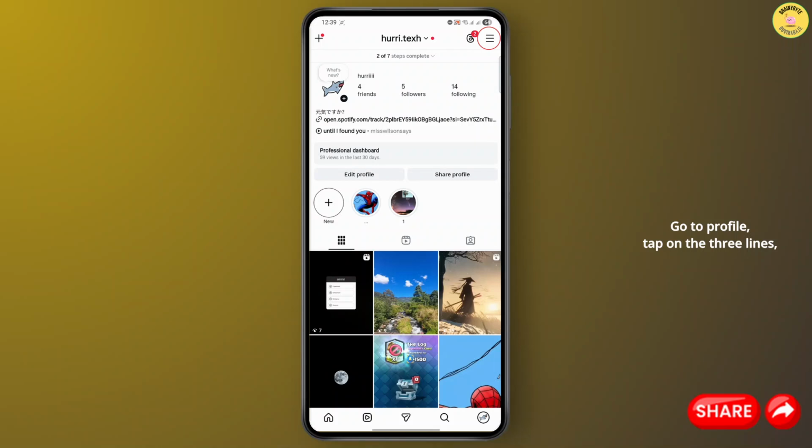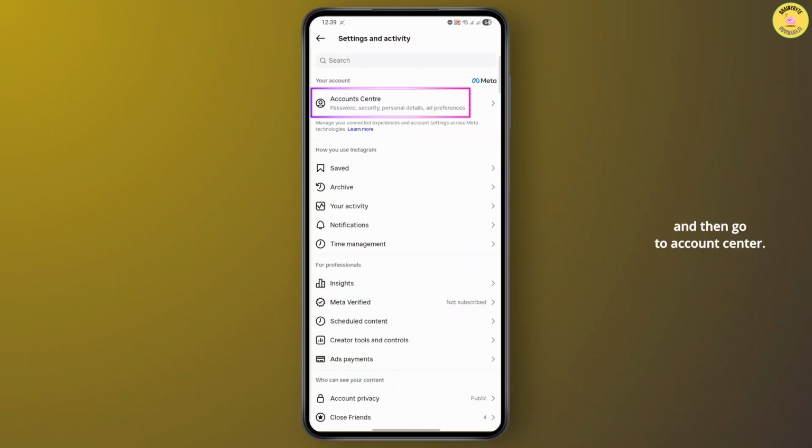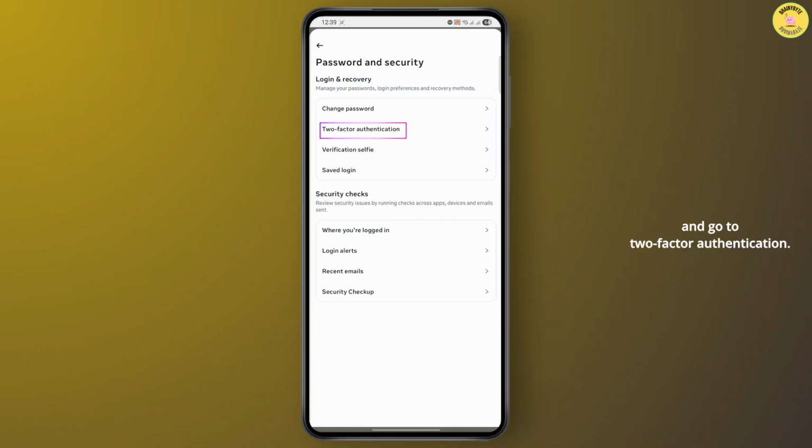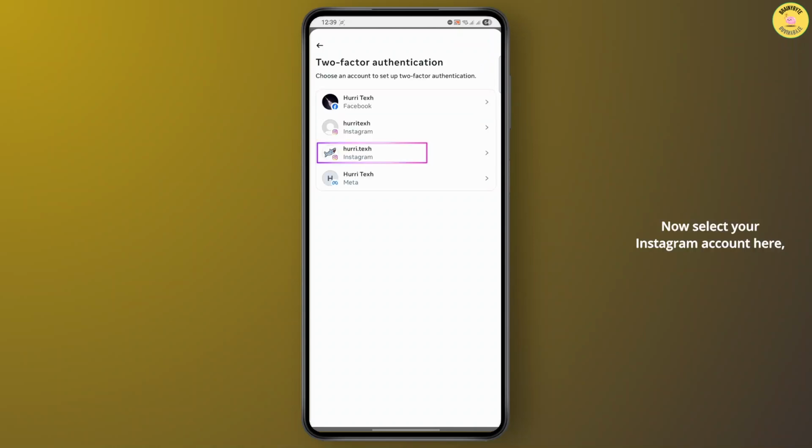From your profile, tap on the three lines, and then go to Account Center. On your Account Center, you want to go over to Password and Security, and go to two-factor authentication. Now select your Instagram account here,